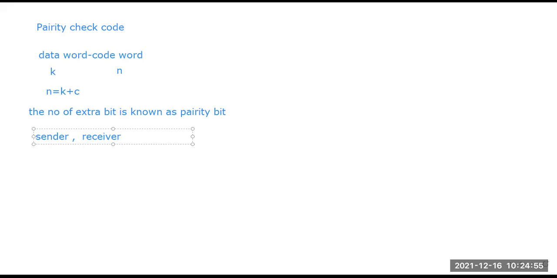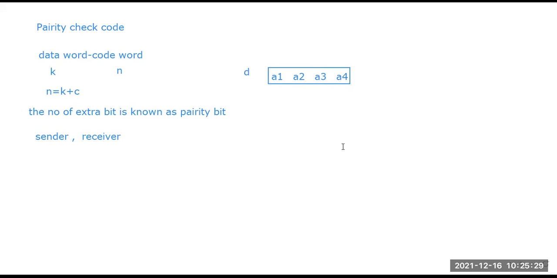Considering we are trying to send a 4-bit data word, A1, A2, A3, and A4, this is my data word.